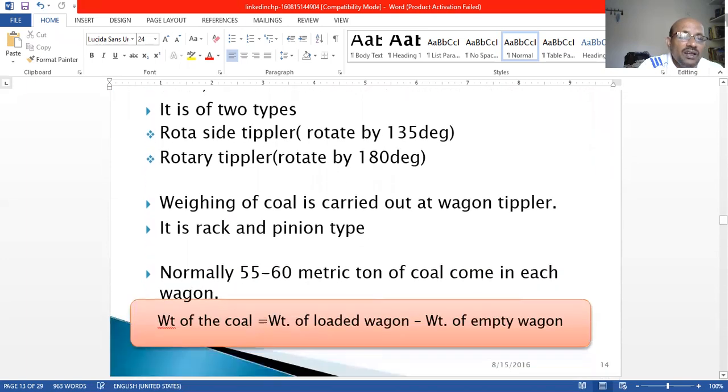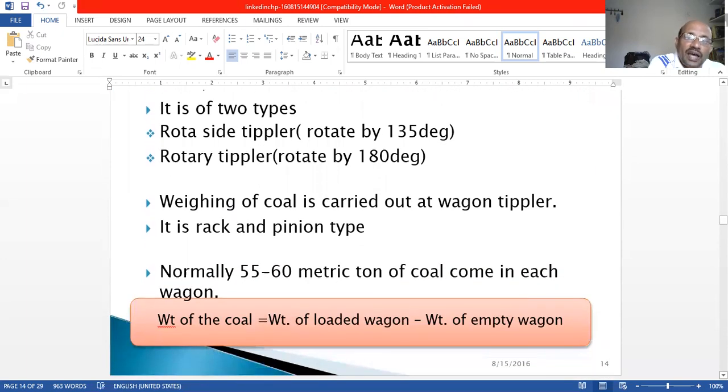Another thing is that the weighing of coal is carried out by the wagon tippler. The weight before and the weight after are measured, and if you subtract them, you can get the amount of coal available in the wagon. Normally 55 to 60 metric tons of coal come in each wagon. How do we calculate the weight of the coal? Weight of the loaded wagon